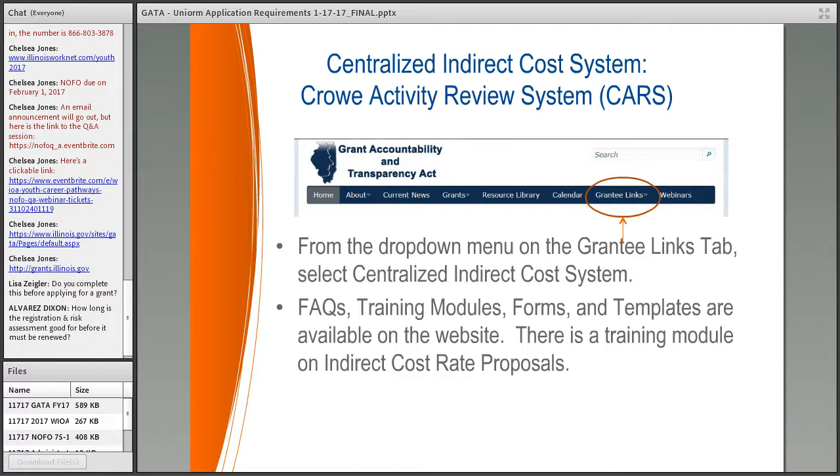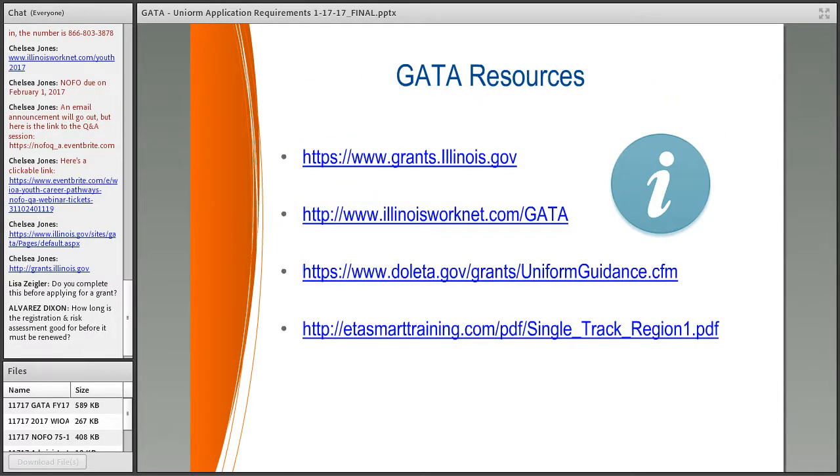So that link on the GATA website includes frequently asked questions, training modules, forms, and templates. And there are training modules and even webinars on indirect cost rate proposals. If you have any questions, there are resources available in addition to the resources I already mentioned, which are on grants.illinois.gov, the GATA website. You can find some resources on Illinois WorkNet, and then you can find links to the